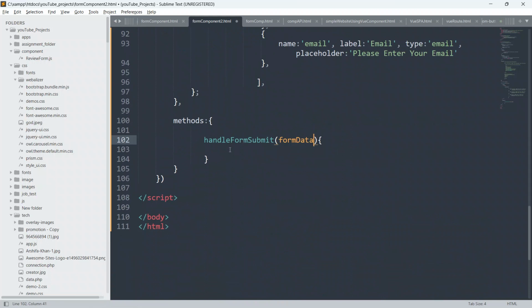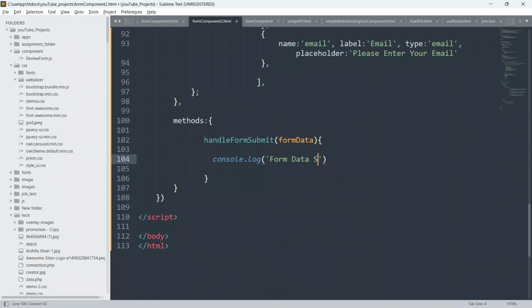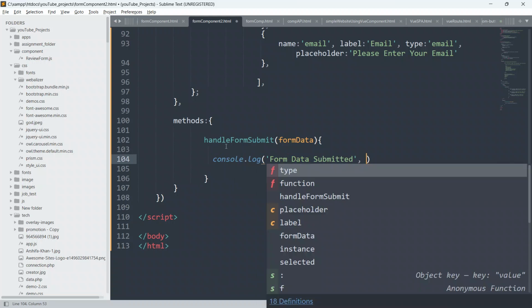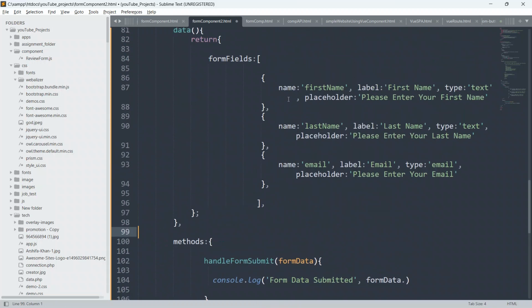So now we will create some code just to log the user input to the console. So I will say console.log, and we will put "Form data submitted", and just put a comma, and here we will say this.formData.firstName.